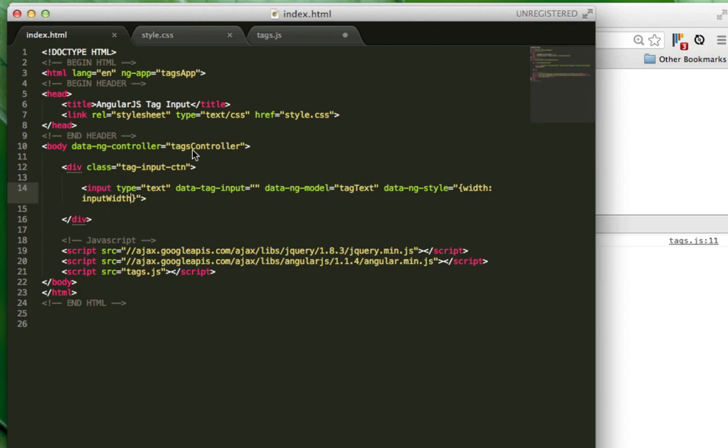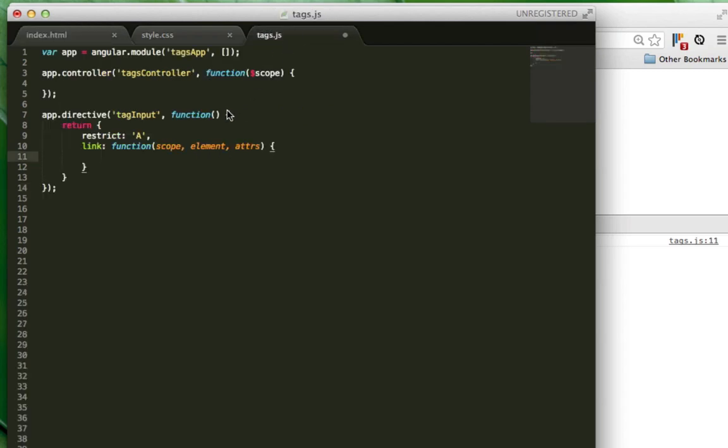So if we save that there and then go back into our directive, to change that width, we can just do scope.inputWidth. Let's just set it to 20 pixels for now. So now what we have to do is watch for changes in width, or in the text field. So we do that by using